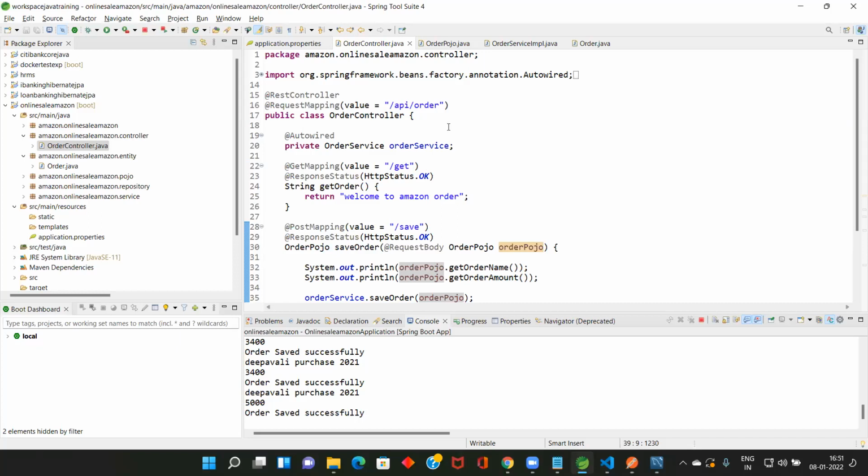So server side is clear. Then in the view layer, HTML, CSS, Angular. Those three are pending. Instead of MySQL, we are going to use MongoDB also, which we are going to teach. MongoDB is another DB, a NoSQL DB. Same thing, no changes in the logic, only one change here: it will go and store in MongoDB.